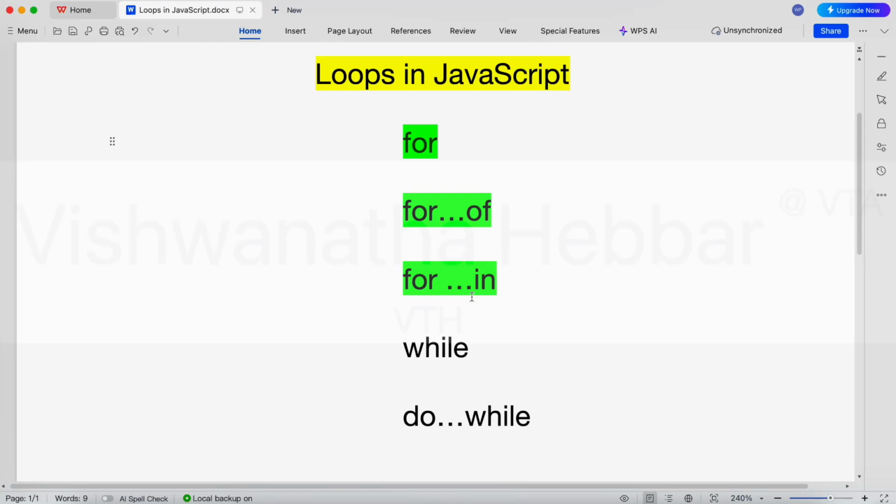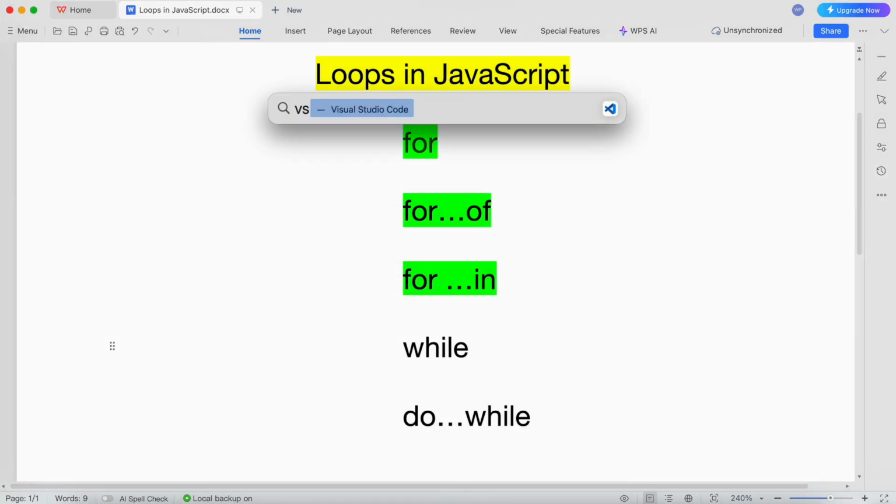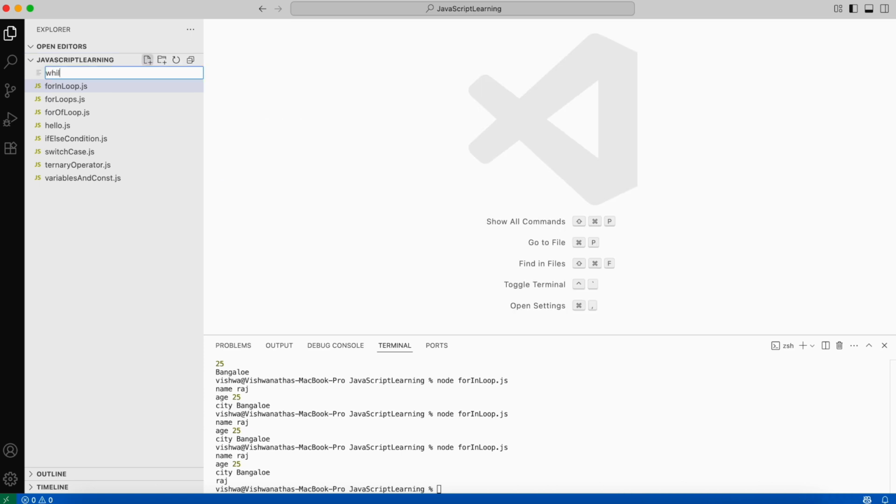Hello, welcome. In the previous lectures, we have discussed for of and for in loops. Now we will discuss the while loop in JavaScript. Let me open Visual Studio Code. Let me create a new file, while